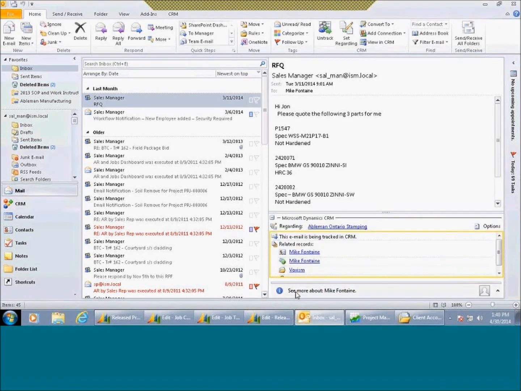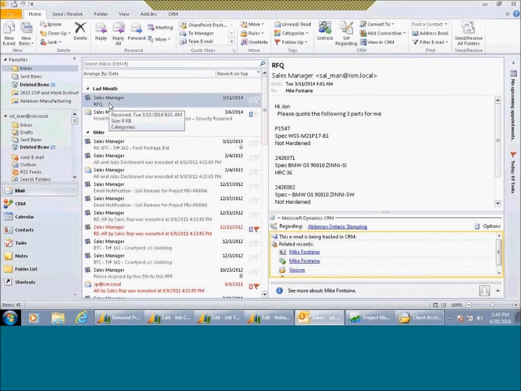First screen I'm going to open up is Outlook. So an important point here is that this business system is capable of working online as well as offline. There's an offline sync capability if you're using Outlook, as well as on all of your mobile devices and over the internet. When I'm inside of my Outlook, provided that you have the CRM plugin turned on, it's going to